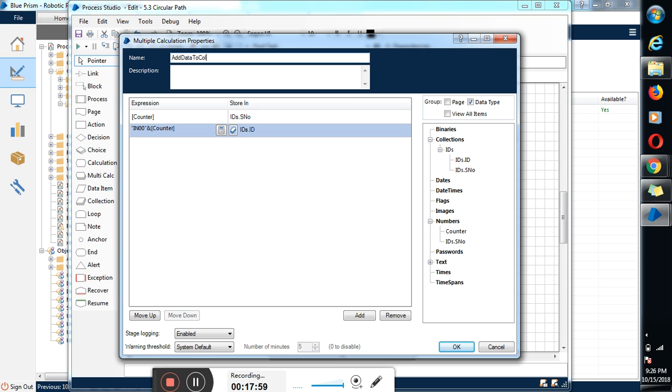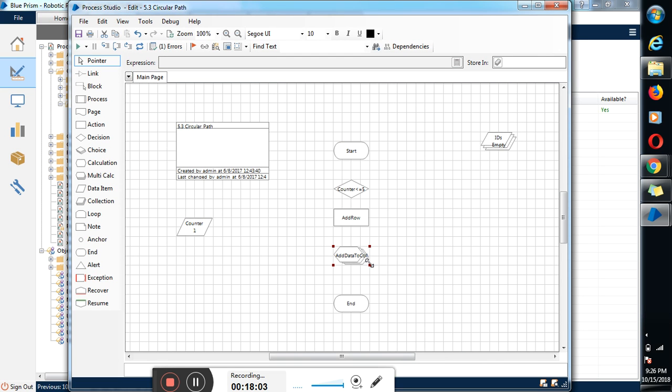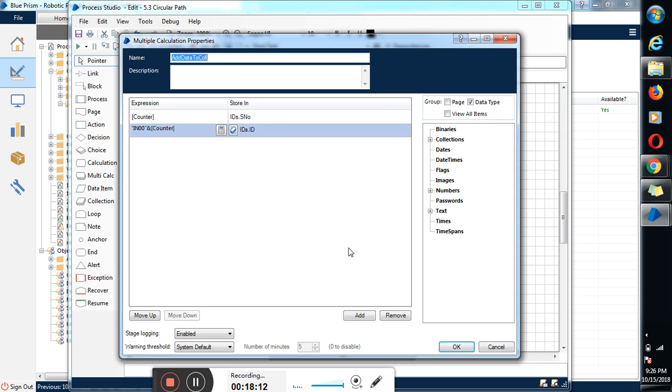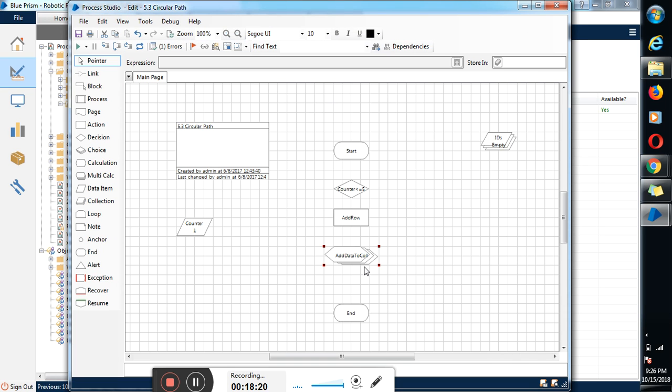Add data to collection, and that's that way. We can add data to collection, and then I need to do what? I need to increment the counter, right? So I can do it either here, or if I want to see that explicitly on my canvas, I can have a calculation at this place. Okay, so let me have it explicitly,